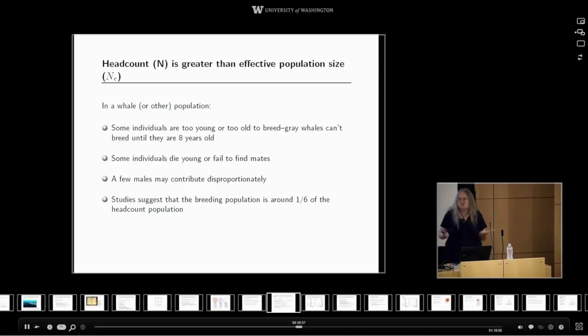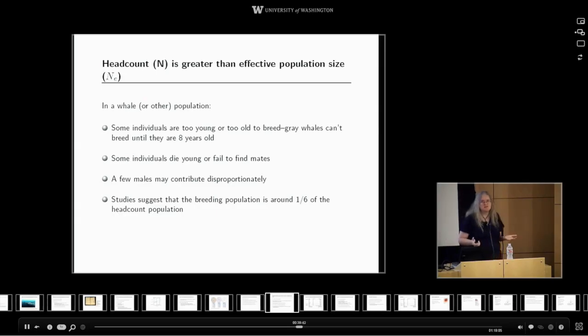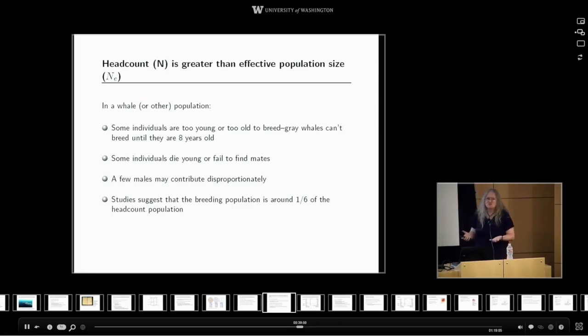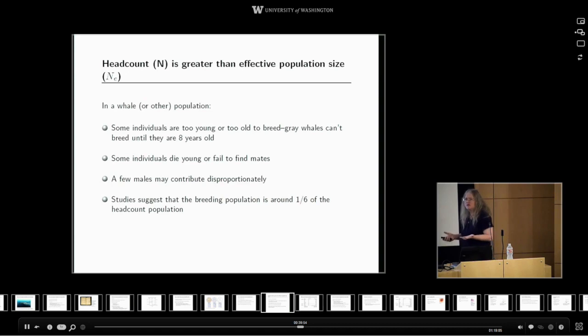In many species, if you think of deer or cattle, a few males disproportionately monopolize the females. And that reduces the breeding population because the unlucky males, while recent research suggests there's more cheating in these species than we thought, they're at a reduced rate of reproduction compared to the successful males.